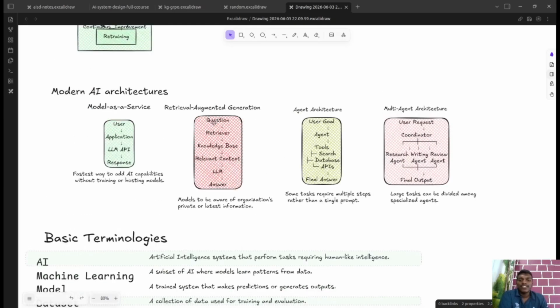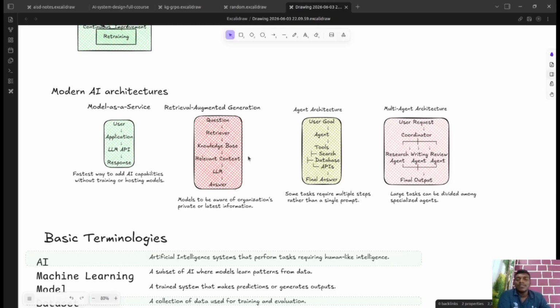It's also quite interesting. So basically RAG architecture is something where you will have your whole knowledge base set up priorly, and the user will ask a question. Then you will have a retriever which fetches the important things out of your knowledge base which are concerned to this particular question, and filters the relevant context out of the whole knowledge you have extracted, gives it to the LLM, and then the LLM returns your answer. So one or two more extra steps which you are going to do in terms of getting your response.